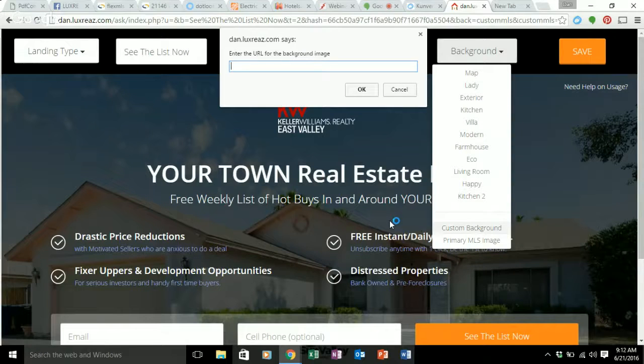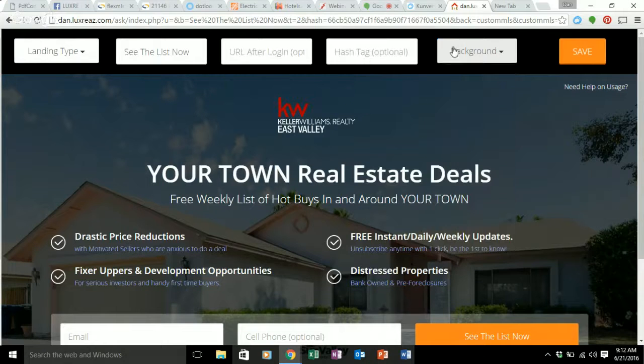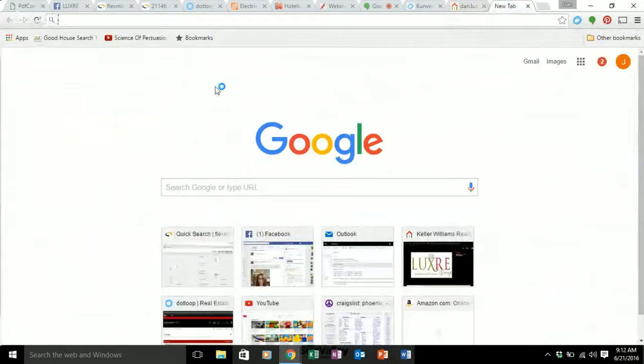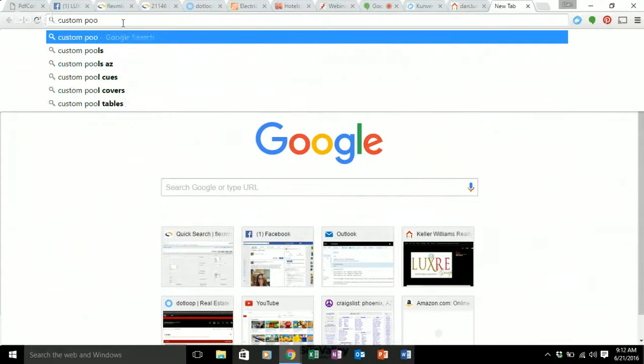They don't allow you any space to upload images on this, so it would be the URL for the custom background image. Let's close this real quick. Let me figure out the easiest way to do this. So if we were going to do custom pools,